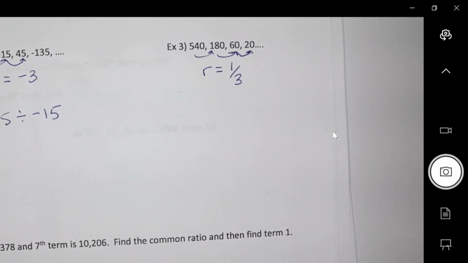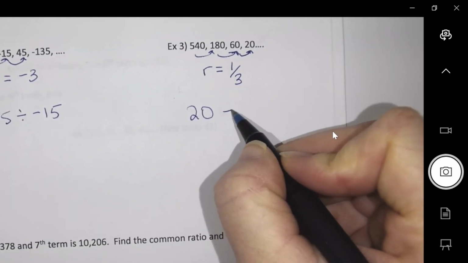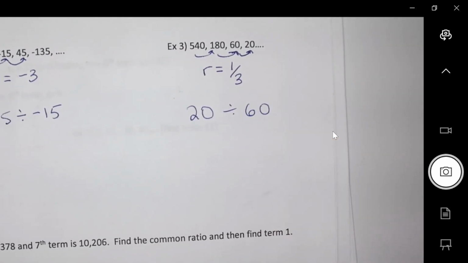It is 1/3. So 180 is 1/3 of 540. 60 is 1/3 of 180. Again, what if I don't see it? Because that one could have been tricky. I'm going to take a term, so I'm going to say 20 divided by the one in front of it,